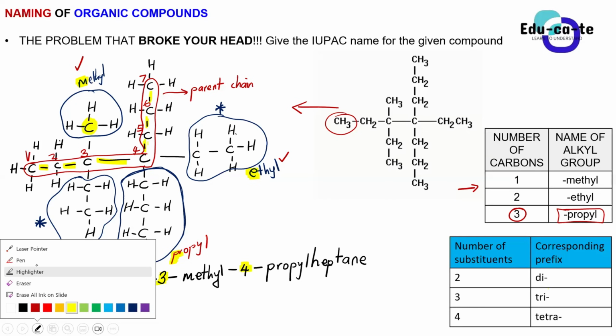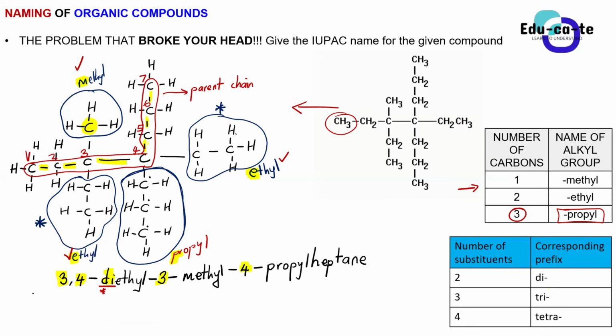And then now after completing all your substituents, your root name must have what? It must have the number of carbons in the parent chain. In this case, there are 7, so you put the hept. And then the last part of the name is ane because this is an alkane. Let's hear Bandesile.